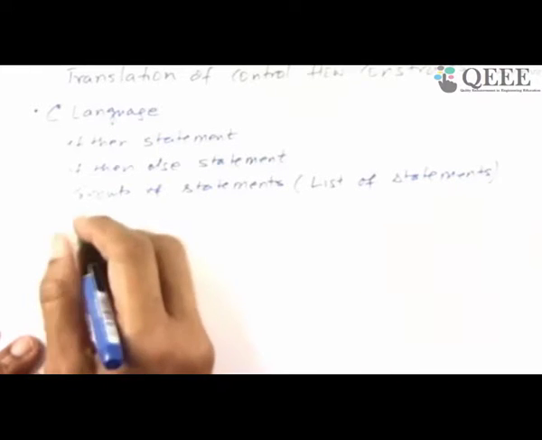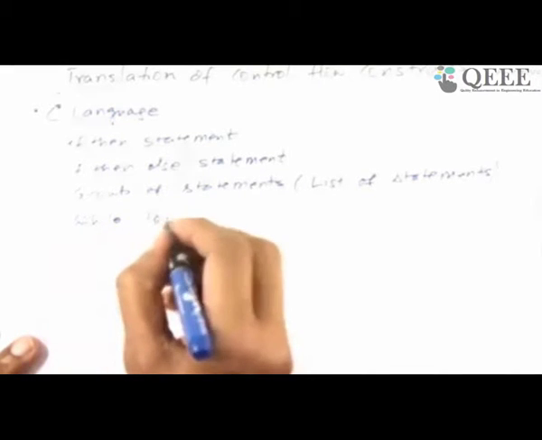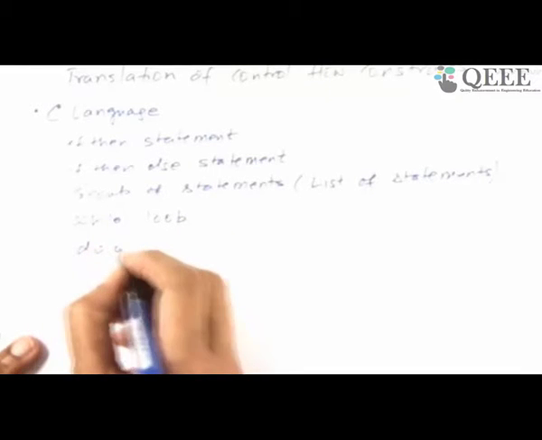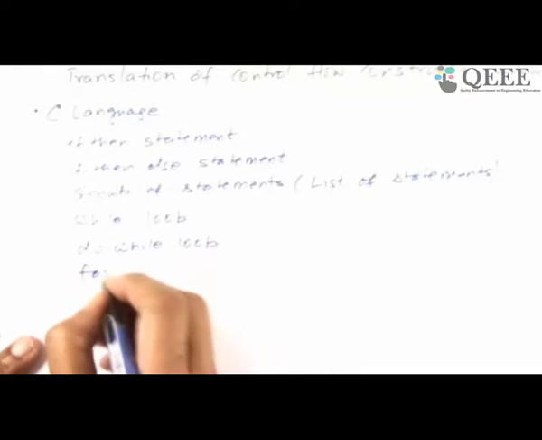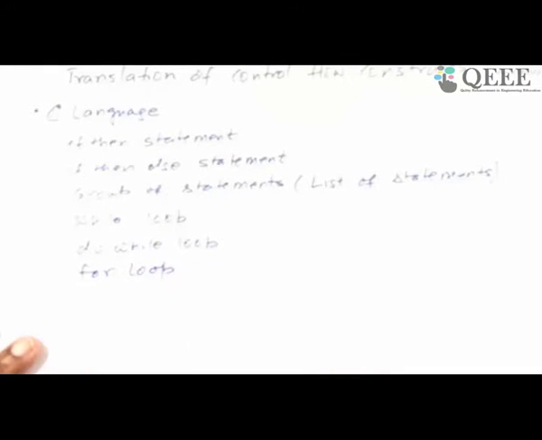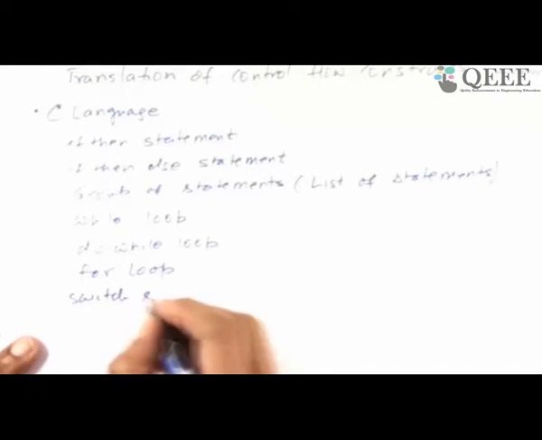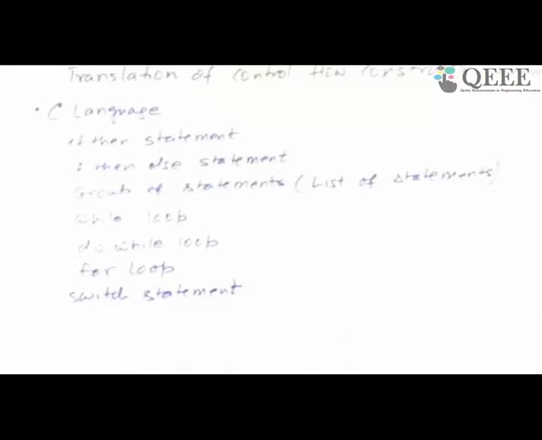Okay, then I can have a while loop. Okay, while loop as in C. I can have a do while loop. I can have a for loop. Okay, and maybe I can have a switch statement. I do these in some order. It's not important that I have to do it in this order. Some of them are very tricky and interesting. Some of them are somewhat simple. So I'll not take each one of them, but I'll take some of these and go down into the issues.